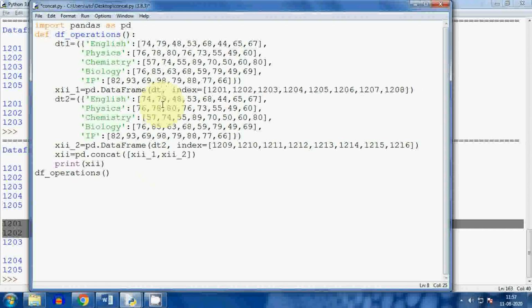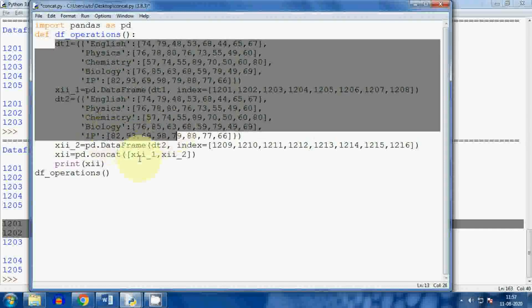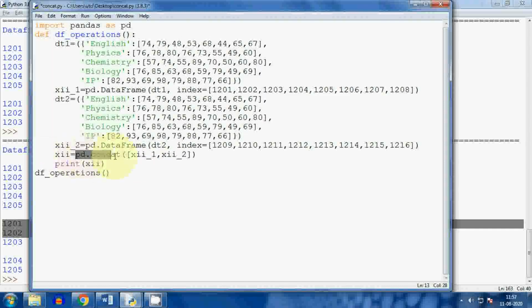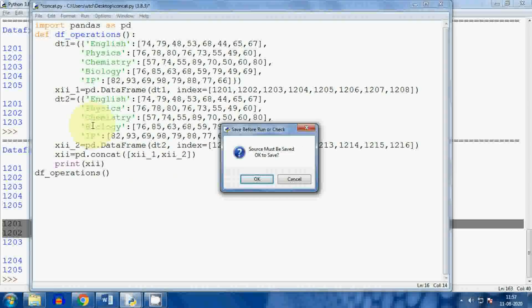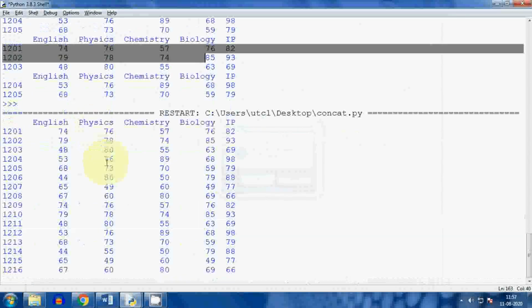And then here we are using pd.concat. The function requires a list as a parameter. So here the list is provided, of whatever data frames we have created. Now let me check. It will combine like this. Whenever the first data frame ends, the next one will start. So like this you can provide.